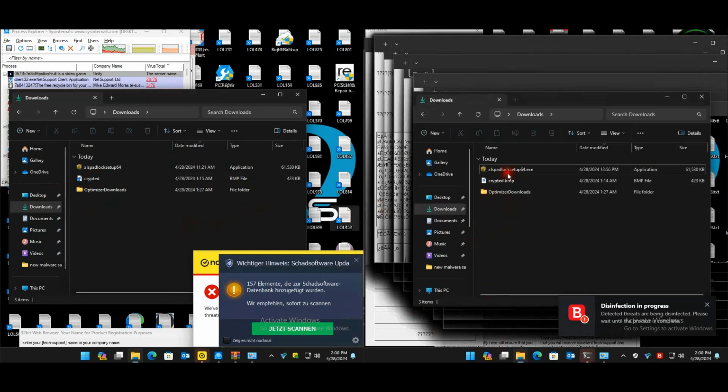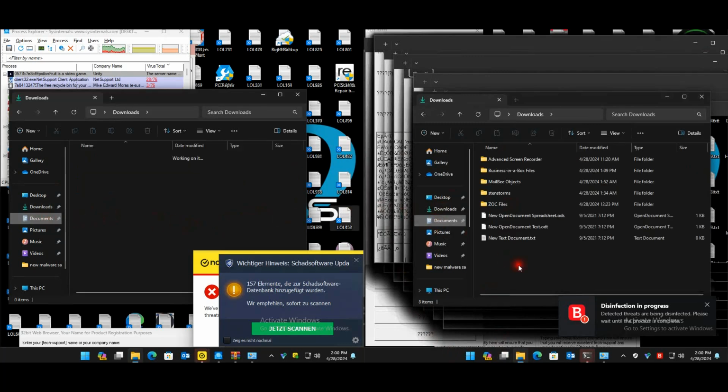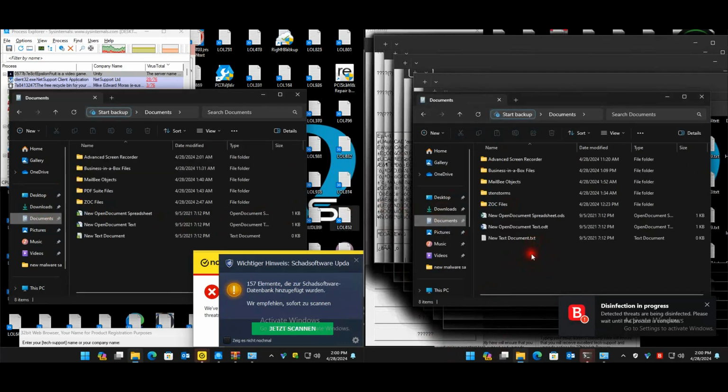Let's look at our files. So these are the files that were downloaded. We're going to hop over to our docs. Okay, no ransomware infection. That is good. If you wonder about all these little ticks, that's because of the Norton backup. So yeah, that seems to be good.